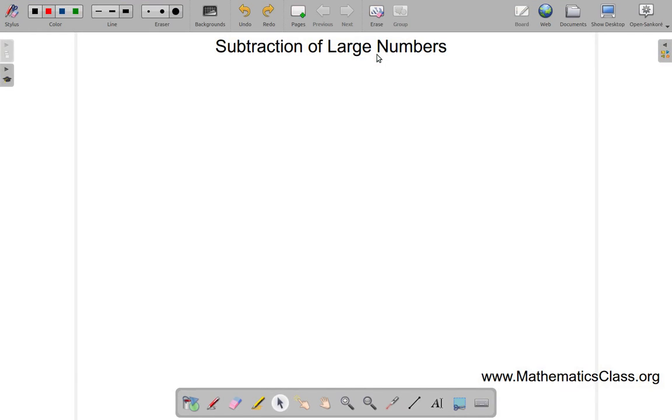Let's look at subtraction of large numbers. Now, we've looked at an example of addition of large numbers before. We want to look at one or two examples of subtraction here. Now, suppose you have, for example,